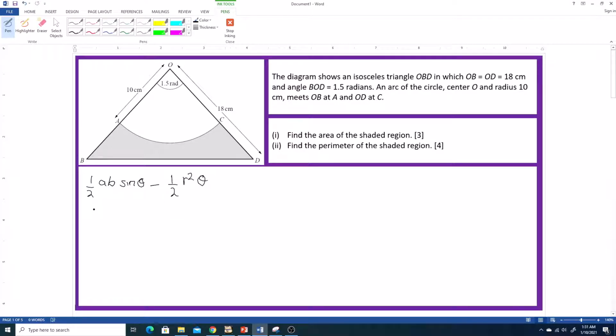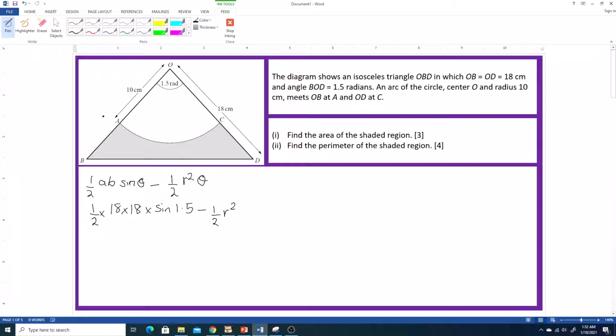So the area of the triangle is going to be a half times 18 times 18, those are the sides of the triangle, and then times sine 1.5, and we're going to subtract that from a half r squared,